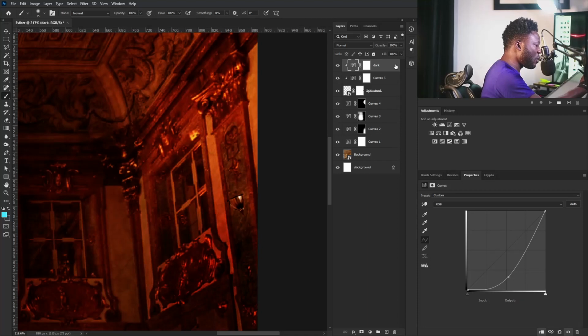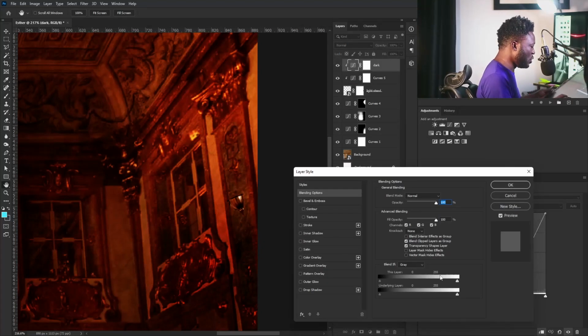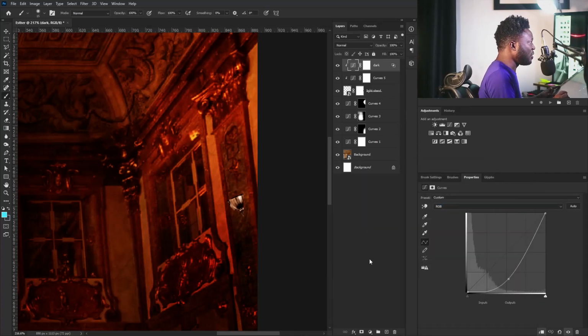So I'm going to double click on the layer to activate the layer style, and we need to blend this. So we only want this to apply to the shadow part of the project. So I'm going to move from here down like that and hold on Alt to split the slider because we need to smooth the effect here, because as you can see here, it's looking too rough. So we need to make it smooth. So I'm going to move this way and move this way like that and move this here like that. So then I'm going to select the OK button like that,